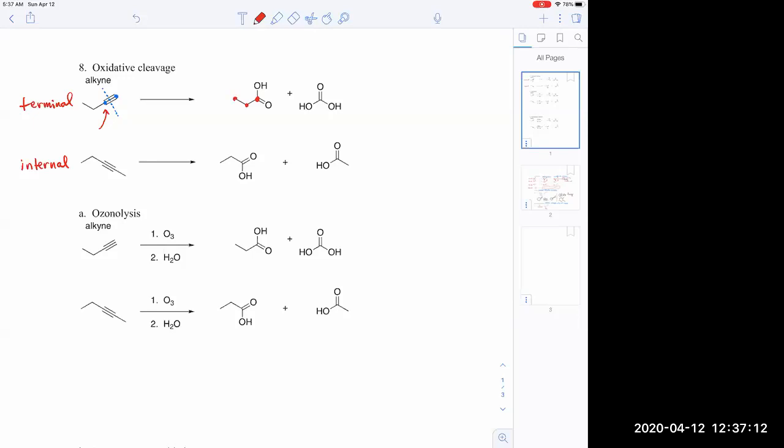Looking at the carbon on the right-hand side, it is attached to a hydrogen. So when it is cleaved, there's only 1 carbon in that piece. Now, cleaving the triple bond will result in the production of a carboxylic acid,